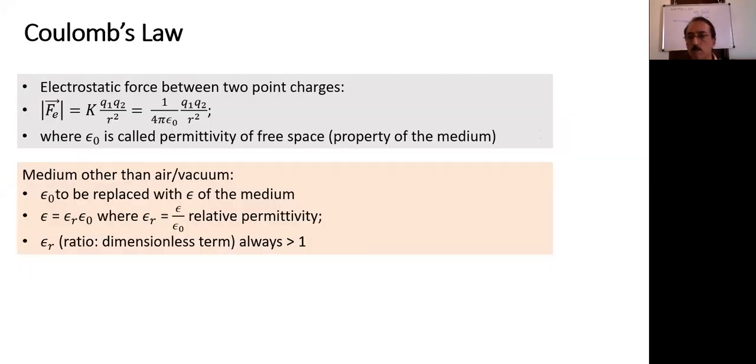Sir, in the permittivity part, where did you get 1/4 pi from? 1/4 pi epsilon naught. Actually, it's a good question. See, there are two different laws related to electrostatic force. One of the two laws is Coulomb's law. There's one more law we'll come across later, called Gauss's law. When we study Gauss's law, it is based on a slightly different concept, and there we'll notice why 1/4 pi epsilon makes more sense. It's based on spherical symmetry. Until we come to Gauss's law, it looks a little odd.